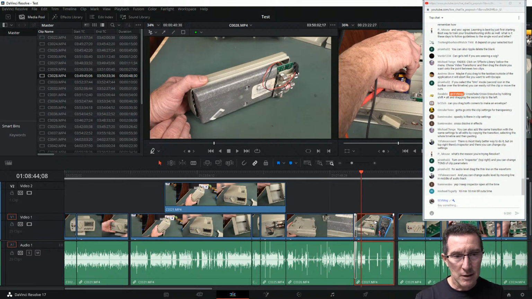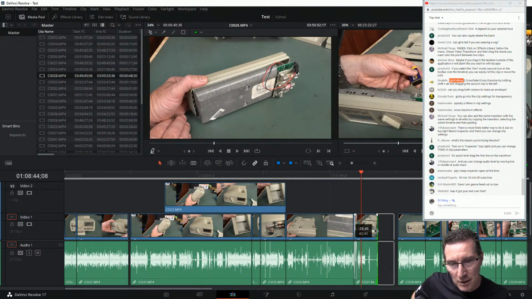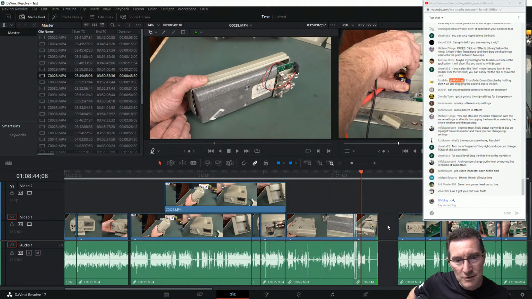People haven't told me why it's not ripple editing if I adjust the end of the clip like this. Does anyone know? If I adjust my clip like that, why is the rest of it not rippling? Am I not in ripple edit mode? Or do I have to hold down Control,